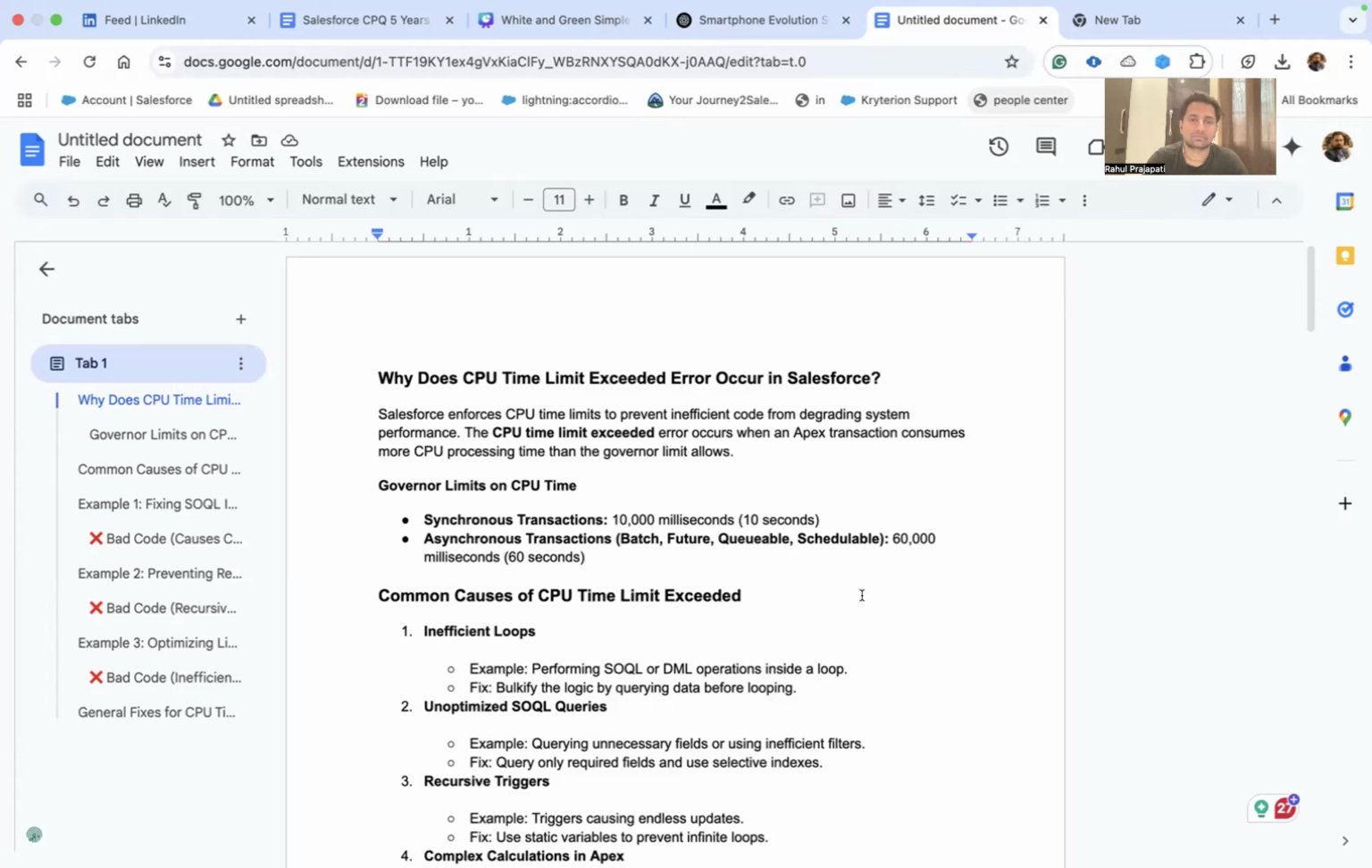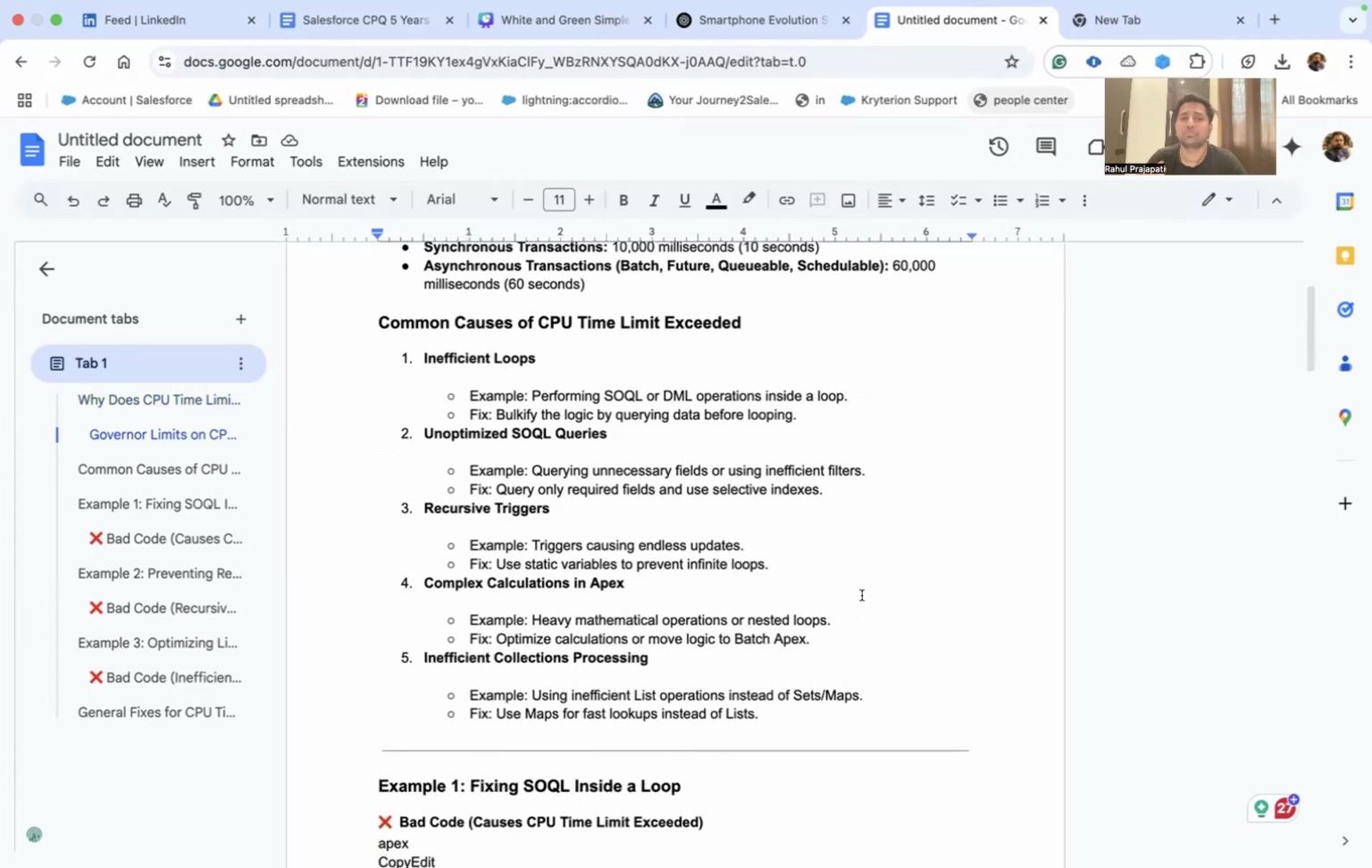Okay. So what are the common causes for the CPU time limit exceeded error? First is inefficient loops. For example, performing a DML operation inside a loop. The fix is to bulkify the logic by querying the data before the loop. Next is unoptimized SOQL queries. For example, querying unnecessary fields or using inefficient filters. Query only the required fields and use selective indexes. Okay. Next is